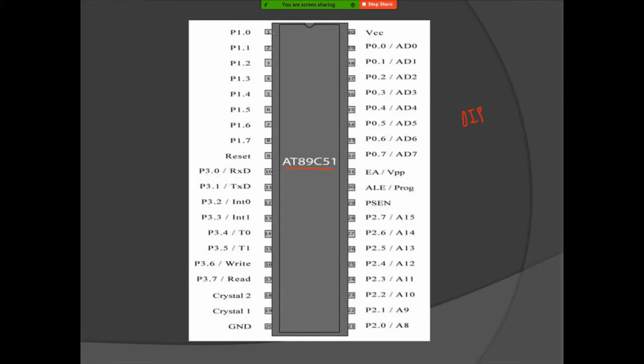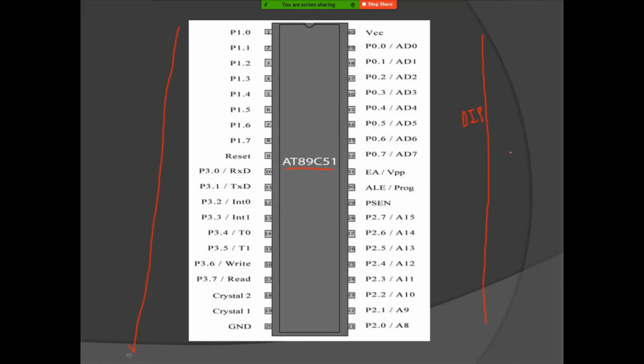Dual inline means one line of pins is on this side and one line on this side, and that's why this is a dual inline package. There are other packages called SMD package, surface mount device, and there is another package, I forgot the name. So there are three packages available for 8051.